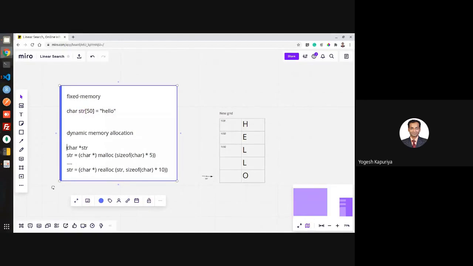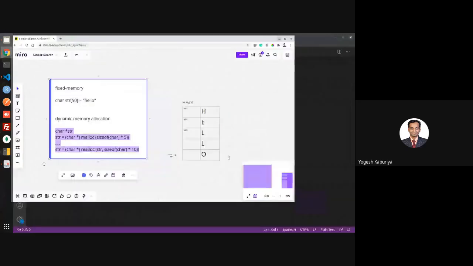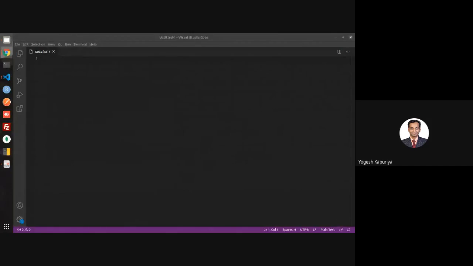Whereas here, along the course of execution of a program, remember your actual program is not 5 lines or 10 lines. It is actually 5,000 lines or 10,000 lines. When you are running so much code, you don't require everything at every point of time. So a better solution is to go for dynamic memory allocation. That was the conceptual aspect of this.